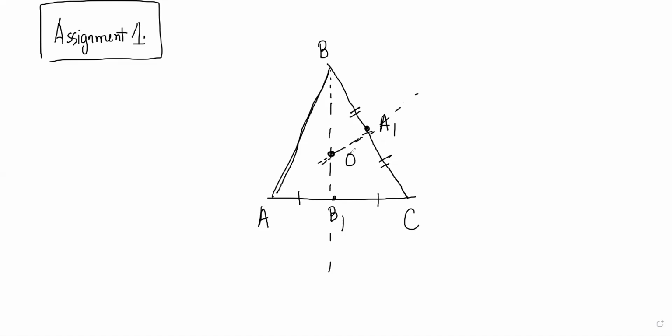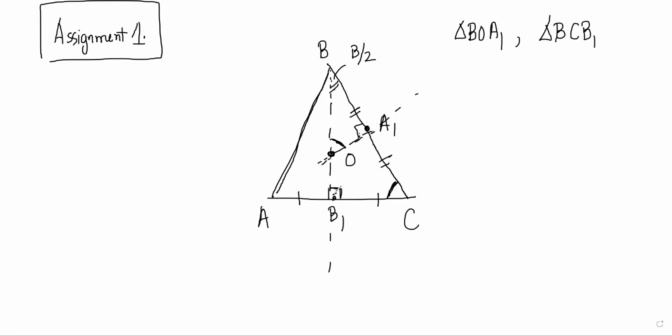Now look at triangle BOA1. This is 90. And triangle BCB1, this is also 90, right? In these triangles, can we get similarity? We know that this angle will be equal to B by 2. So the angles here are B by 2, 90 and 90 minus B by 2. And in BCB1, we get B by 2, C and 90, right?